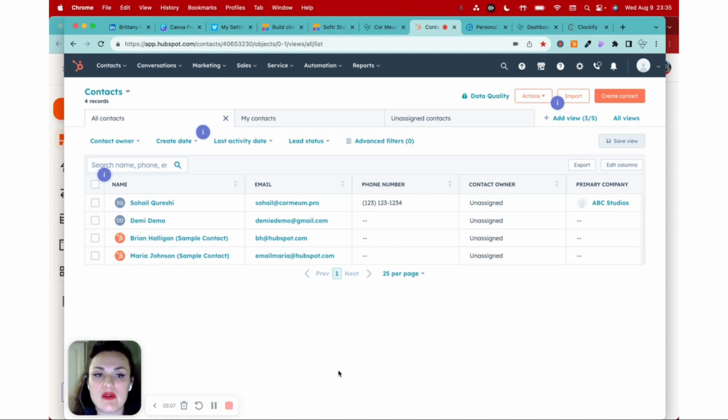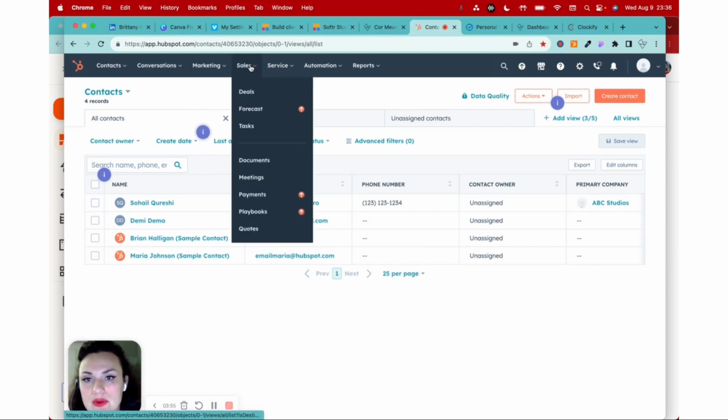because not only do they have a very robust platform that allows for lots of growth and scaling, it also has a very feature-full free plan. So even though they're giving it to you for free, you're still able to do quite a lot with that plan. And also they have a Google Chrome extension that allows you to track or log all of your different emails that come into that particular account. So this is a really, really useful tool because it allows you to see everything in one place. And because of their app marketplace, you're also able to sync this data into different places and have other places sync into here. So one example of that is that you can use, I'll just go to it quickly here,